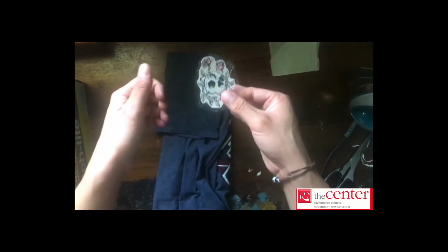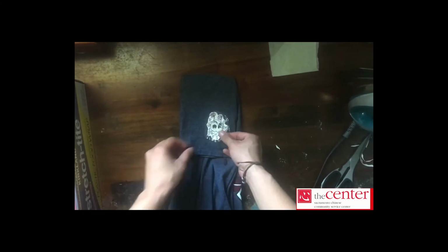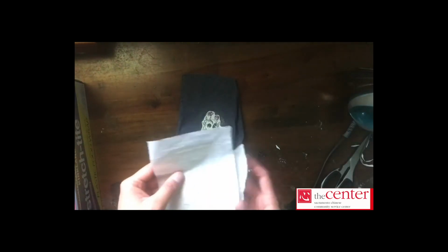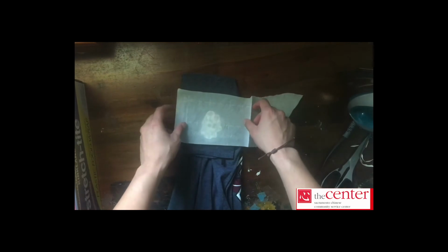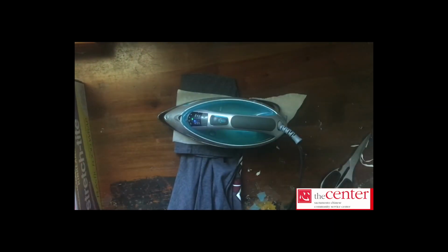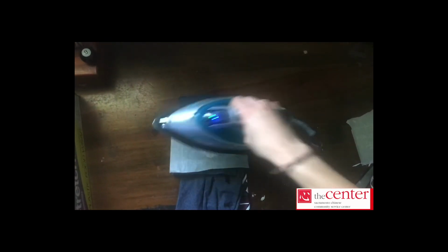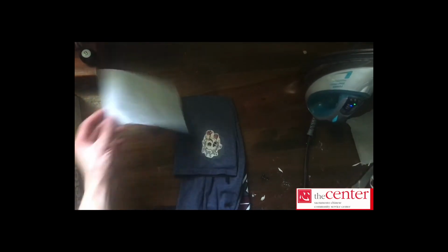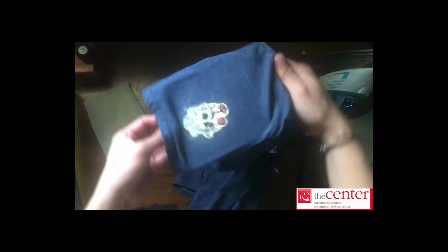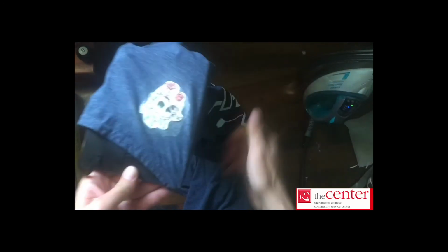So essentially you're going to do the same thing. Put your image on, make sure it's flat as possible, grab your parchment paper, and put your iron on the edges. So a little over 5 minutes again, I take it off, we see how it went, and this method is better